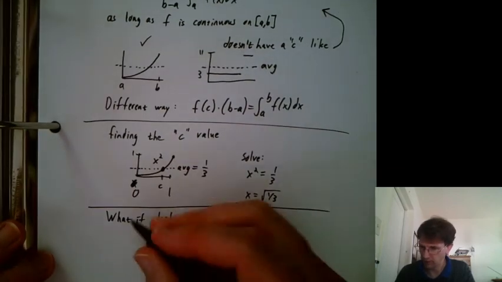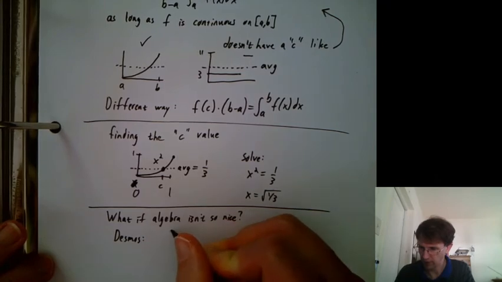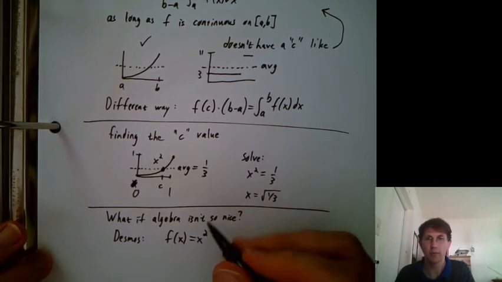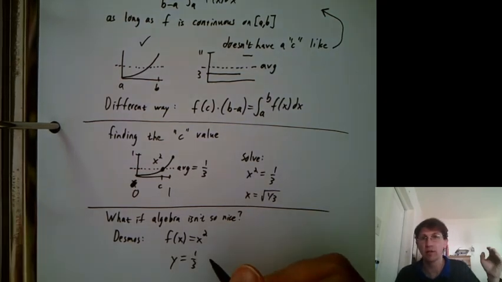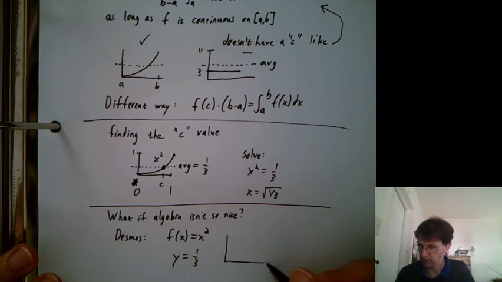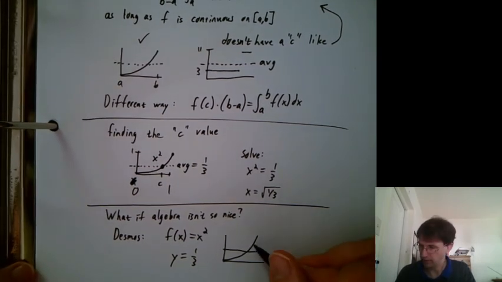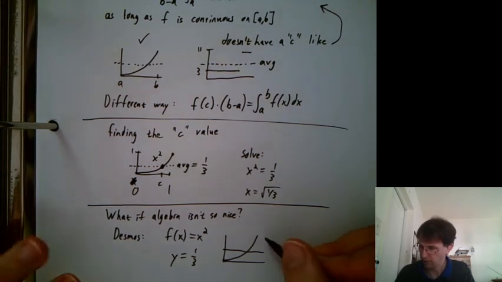What you can do is in Desmos, you could say f of x equals x squared, and then also say y equals 1/3, and it will plot a horizontal line. So it'll give you a drawing like this. And if you click on one of these curves, it doesn't have a curve or line, click on one of them,